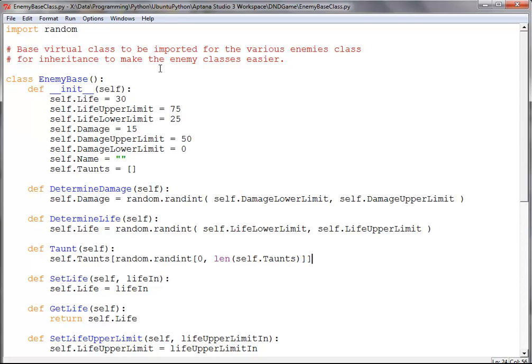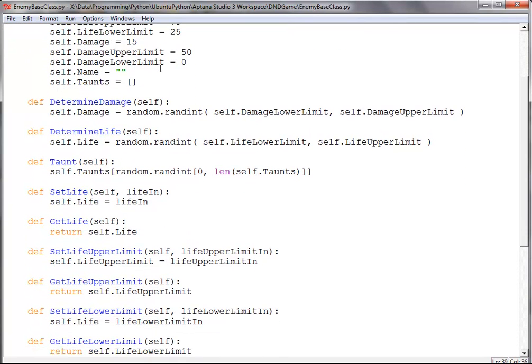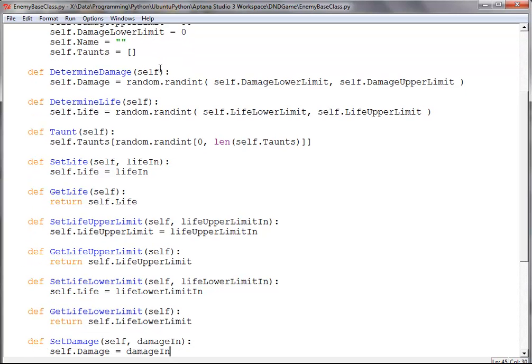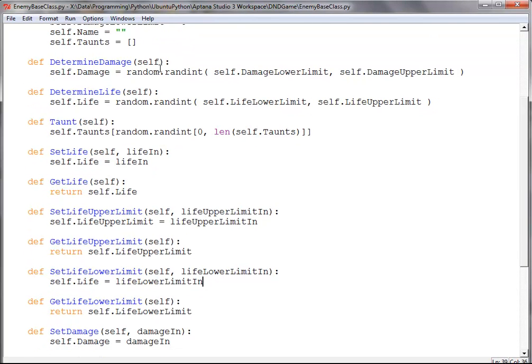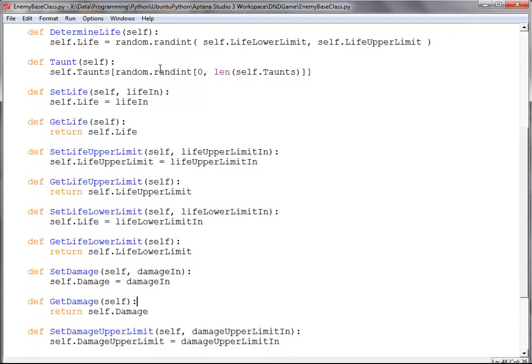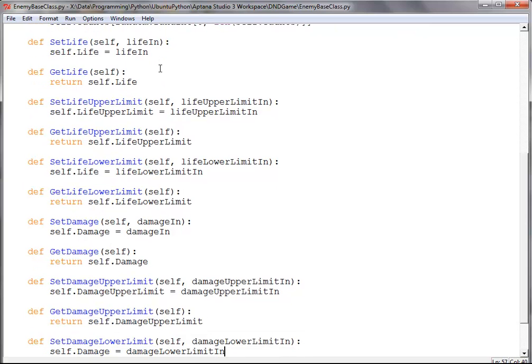Let's see here. And then we have get life, so we can return how much life the enemy has. We have set life upper limit to set the upper limit of life, get life upper limit to find out what it is, and get life lower limit to get the lower limit. So we can set the upper and lower limits of our life and get the upper and lower limits. We can set damage, how much damage the enemy does. We can get the damage, so we can get how much damage the enemy does. Set the damage upper limit,